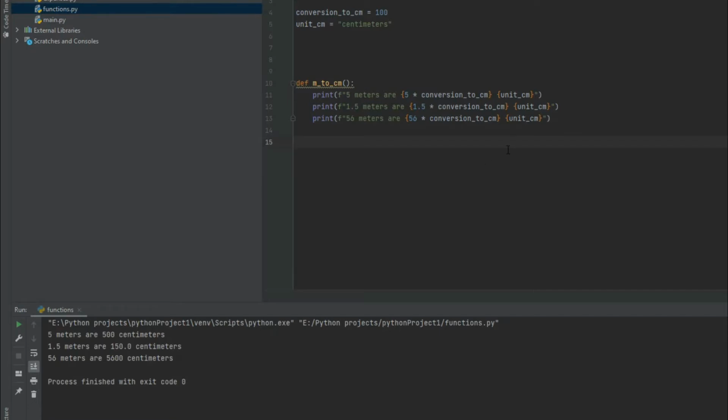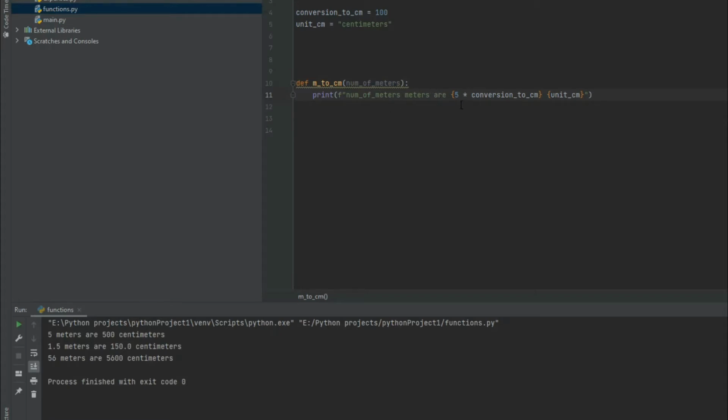So what's the point of this function and what do we want to do with it? We want to calculate how many meters are in a centimeter, but to make it dynamic. So that when we call the function and put some value inside, the function calculates it, instead of us writing everything we want to calculate by ourselves. So how are we going to do this? We are going to put a parameter inside here, and that parameter will be the number of meters. And then when we have it, we can replace